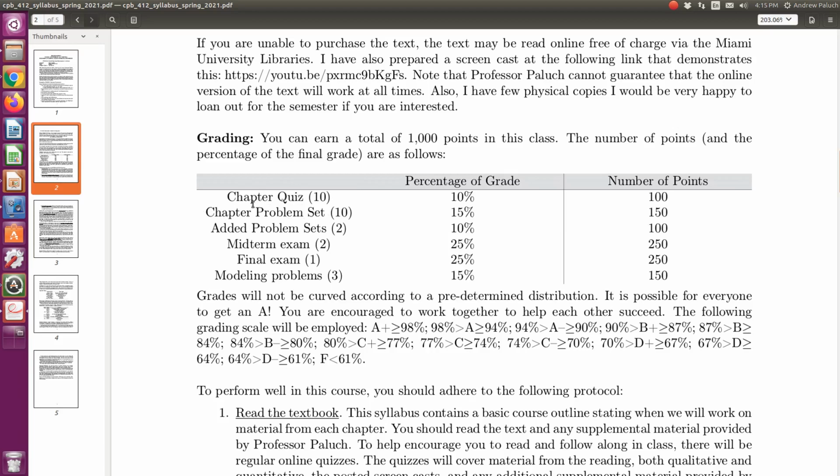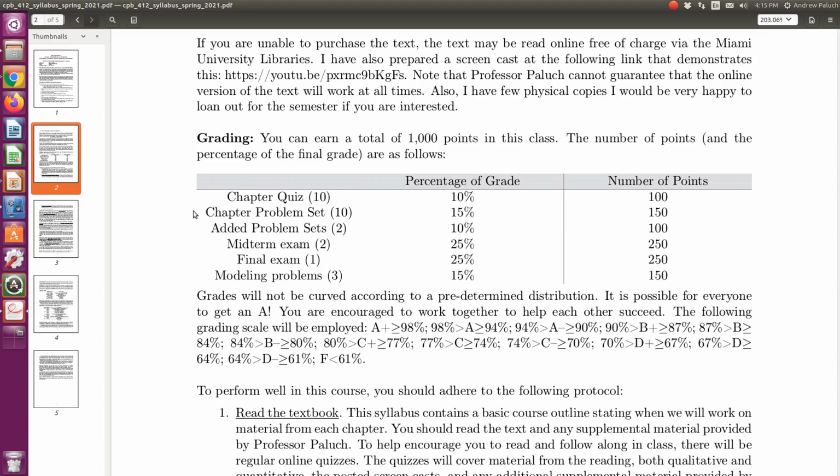So there are 10 quizzes. There are also going to be 10 problem sets, which will typically be problems from the end of the chapter. In a normal semester, I started to spend less and less time lecturing in class, which is part of the reason there are so many screencasts online with lecture material. In class, we would spend most of the time working through problems, and the problems will come from the back of the book.